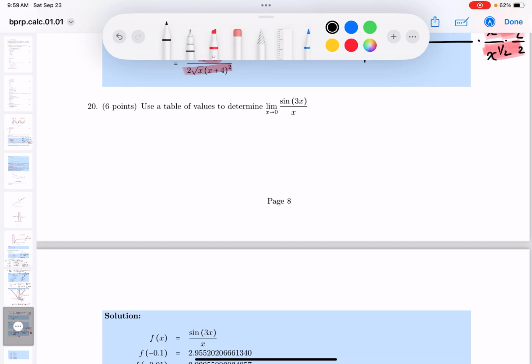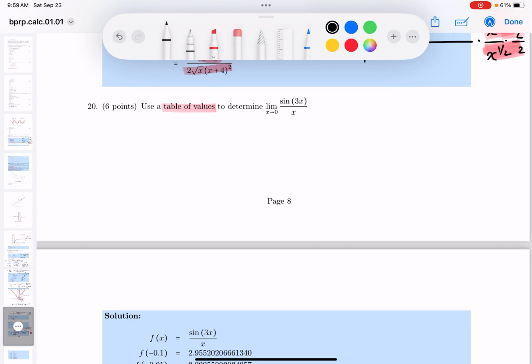All right, it does say use a table of values, and I want to point out that if a problem asks that question, you're most likely going to need a calculator to do that because the computations are too difficult without a calculator. But I want to point out, if I were to do this problem, I would not use a calculator to do it. And what I would do is I realize, let me just get my eraser out again,